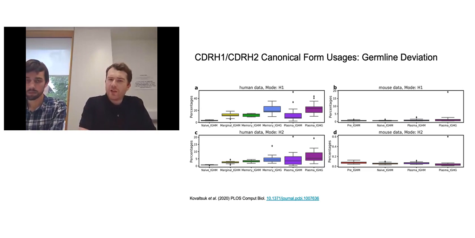One of the things we can look at is how the canonical form usages of the canonical loops vary. In particular, if you look in the naive repertoire, you have a very small number of canonical forms in use, and so essentially the canonical forms are associated with things that are close to the germline sequence. And again, what we observe just based off of this clustering is that as you move along the axis of differentiation, the proportion of the sequences in your repertoire that deviate from those of the germline continues to increase.